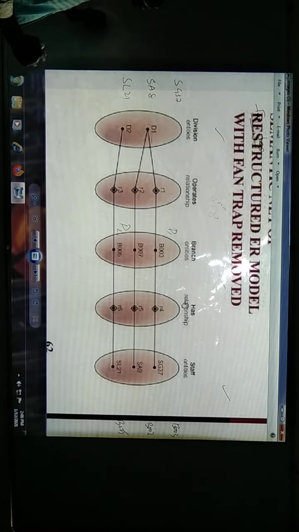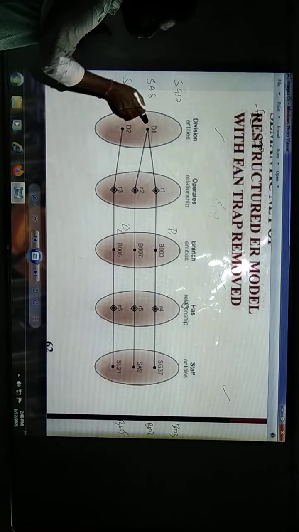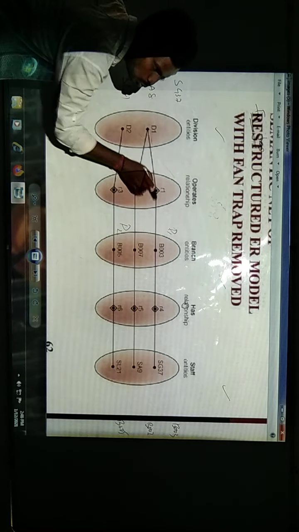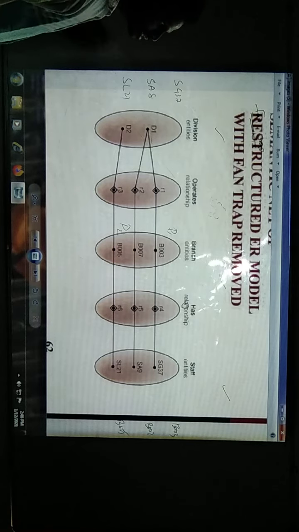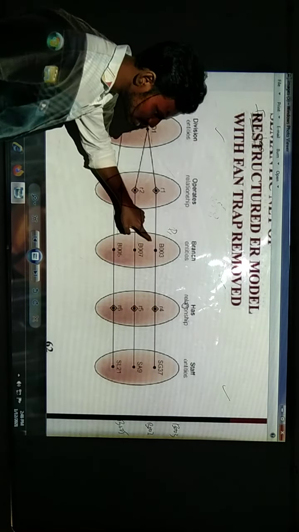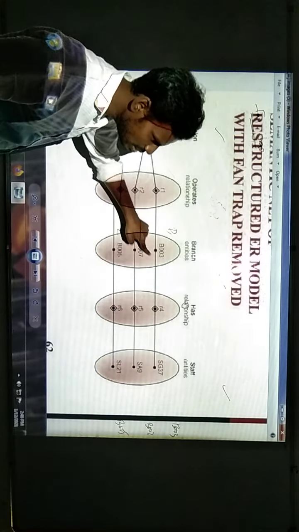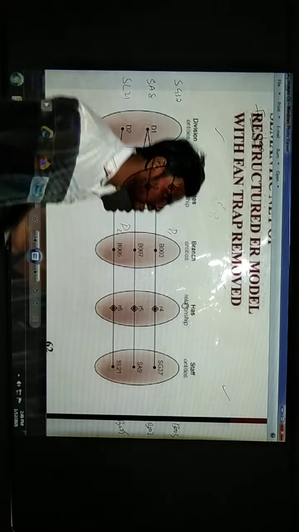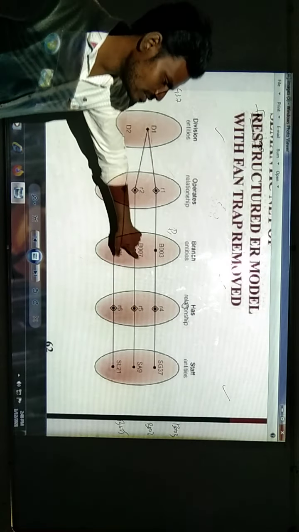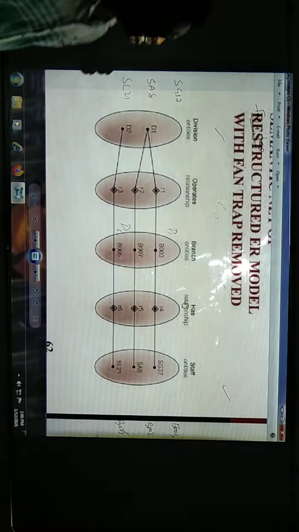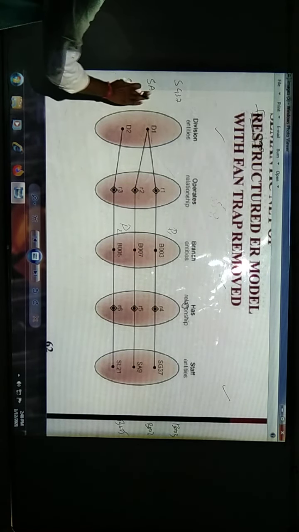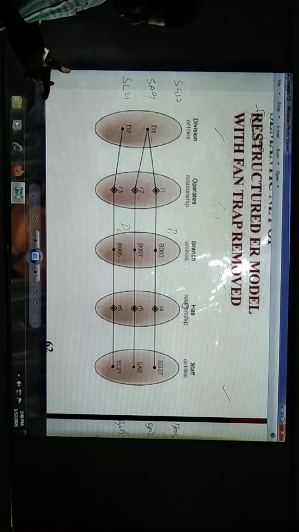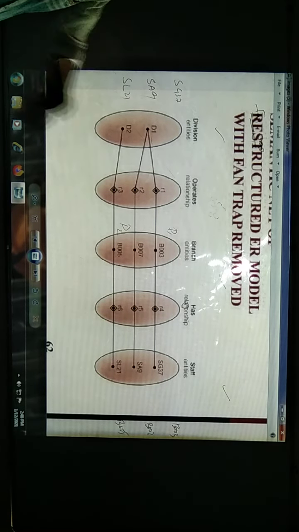Now here I will be mentioning division 1 will operate two branches, that is 003 and 007, and in branch 1, that is 003, will be having a staff called SG37 and 007 consists of staff called SA8. Okay, if it is 9, make it 9, no problem. Okay, for a consideration we are taking it. Then I can easily answer.